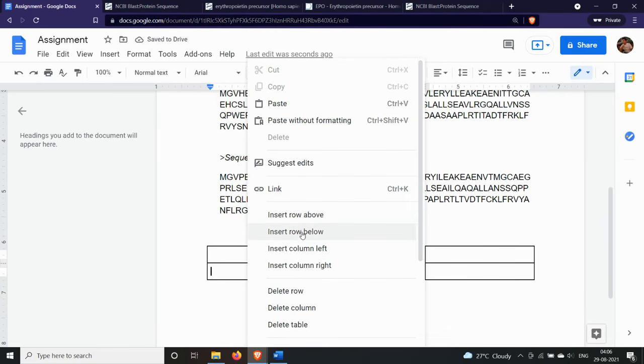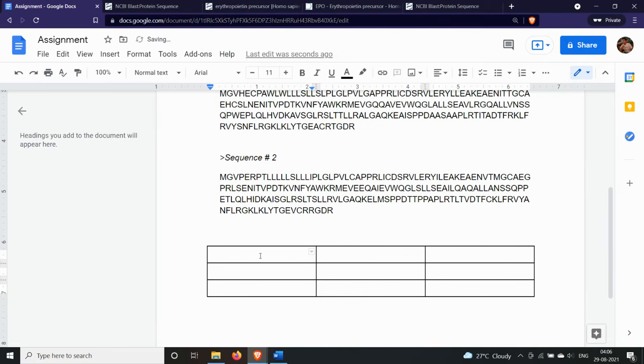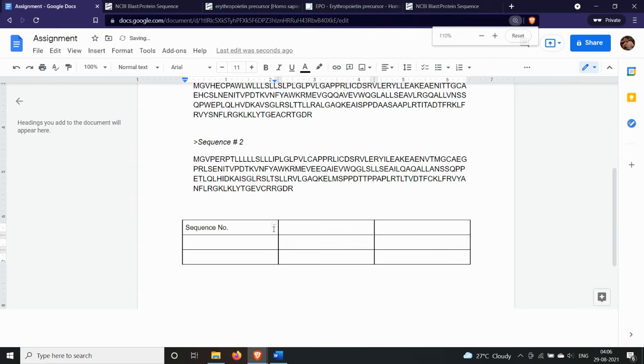Since we have two sequences, I'm adding rows. I'm doing it slowly. If you feel like I'm doing it slowly or too fast, you can fast forward or slow the video.